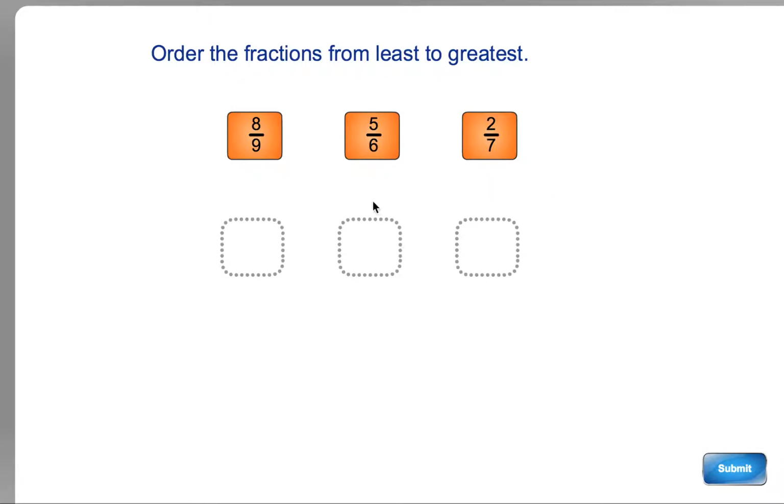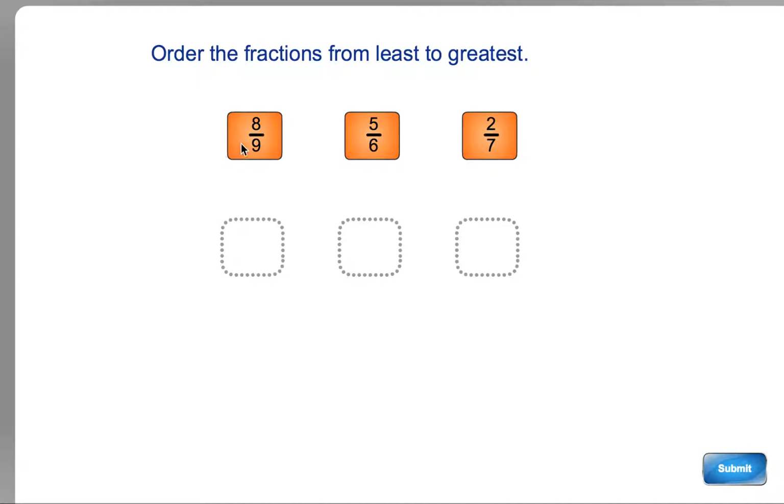When ordering fractions, we need to think about getting the fractions normally so that we're comparing like with like. And the skill that we do that with in maths is called equivalent fractions. When you're presented with problems in this ordering fractions activity, most of the time there'll be one or two that stand out as being either the biggest or the smallest fraction, and you can get those in the right place